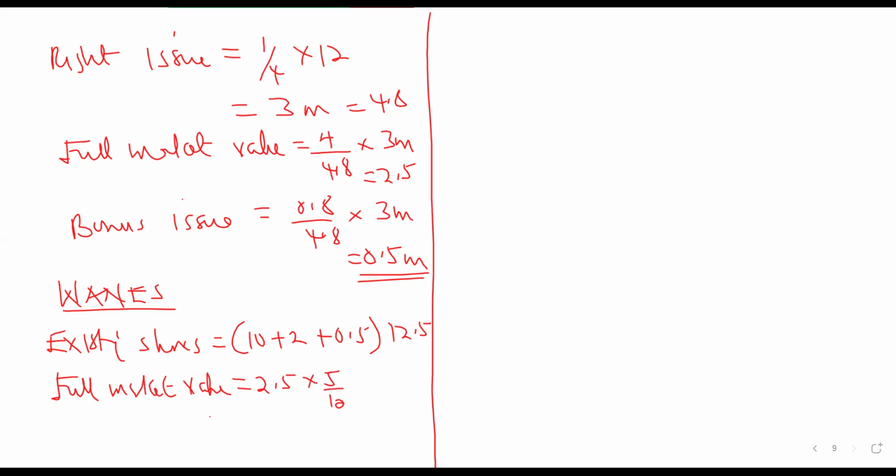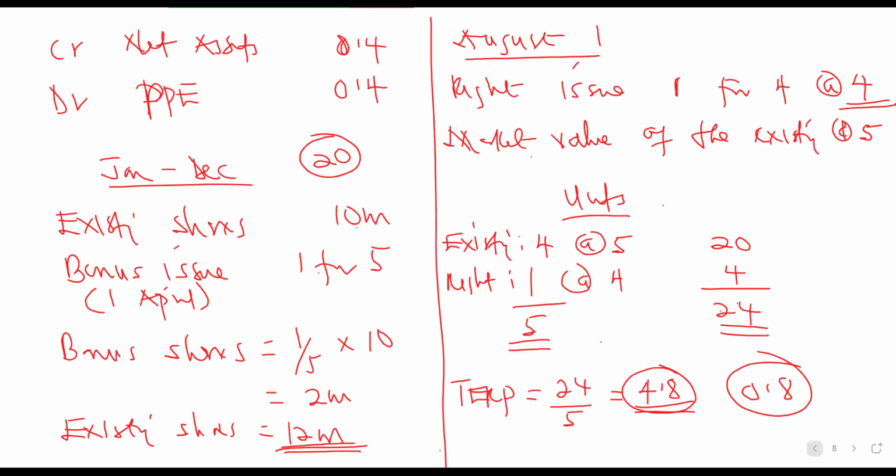What are we getting? I will show you another way of doing it. Okay, I'm getting 1 point... this figure. Okay, that will give us 13.54. Okay, that is the easiest way of doing it. Another way of doing it is this one. You can also have the existing shares. If you have the existing shares, this is what you'll be doing. The existing shares, you ask yourself, how many months have they been there before the bonus